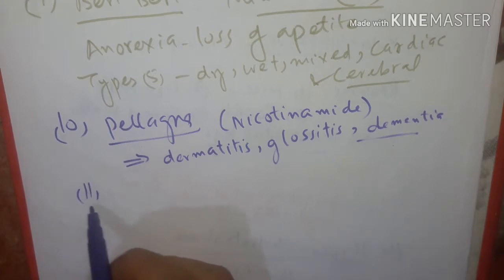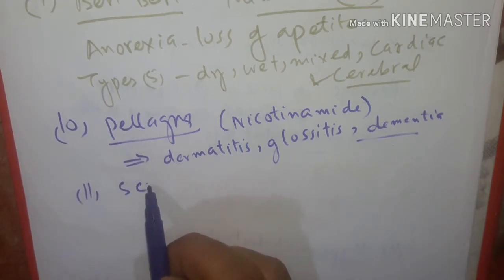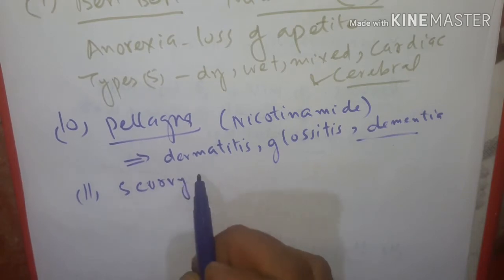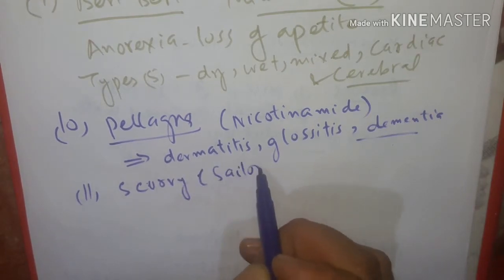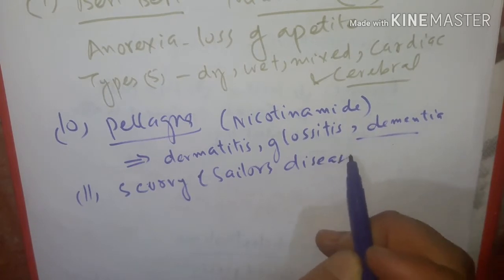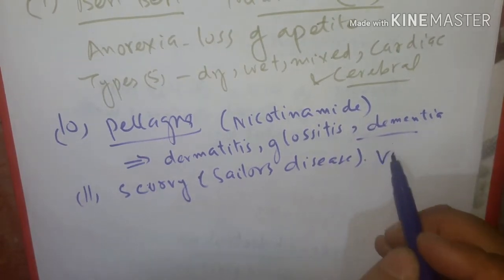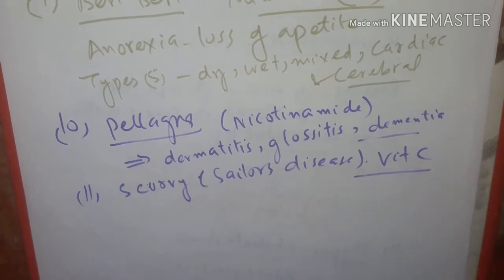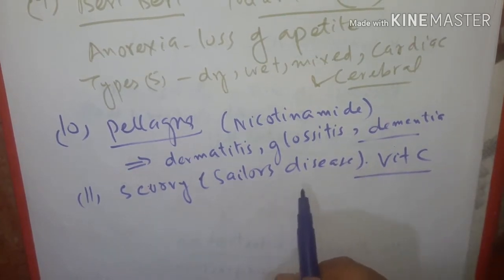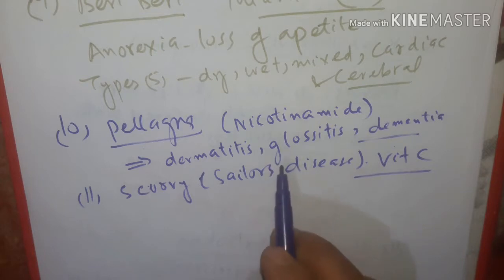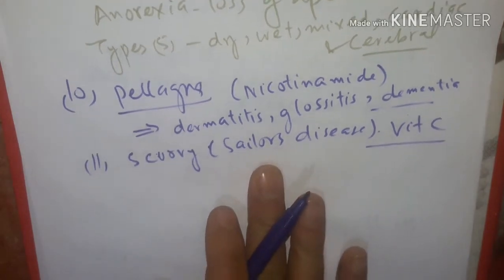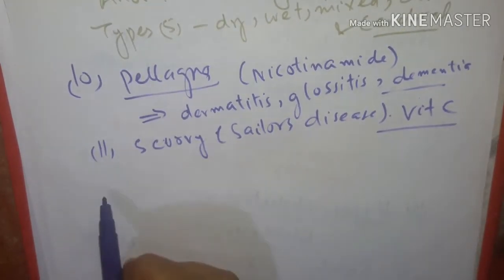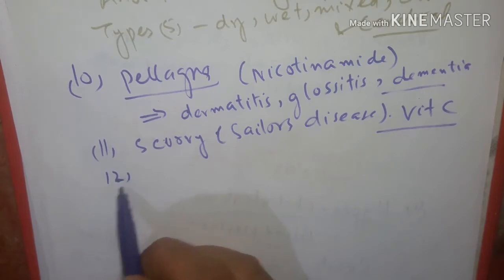Now we have the 11th disorder, scurvy. It's called Sailor's disease because for the first time some people who were sailing in the sea got deficiency of vitamin C and got the characteristics of the disease. It is due to deficiency of vitamin C, ascorbic acid, leading to reduced connective tissue formation, characterized by bleeding gums, looseness and falling of teeth, fragile blood vessels, fragile bones, painful and swollen joints, emaciation and